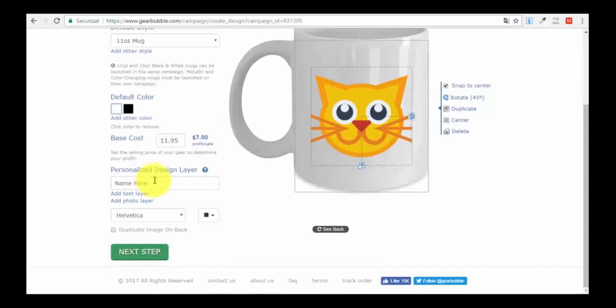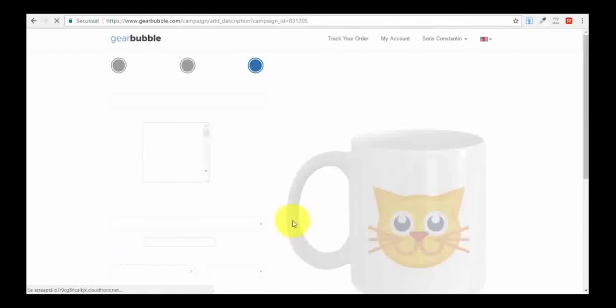Then you can also give your design layer a name, so you can save it for the future. You can also add a text layer to the design if you want to, or another photo layer, but I don't want to. I just want to leave it like this. You can also duplicate the image on the back. That means that on the other side of the coffee mug, you will have the same image again. And when you are done with everything, you just have to press next step. So we'll press next step,